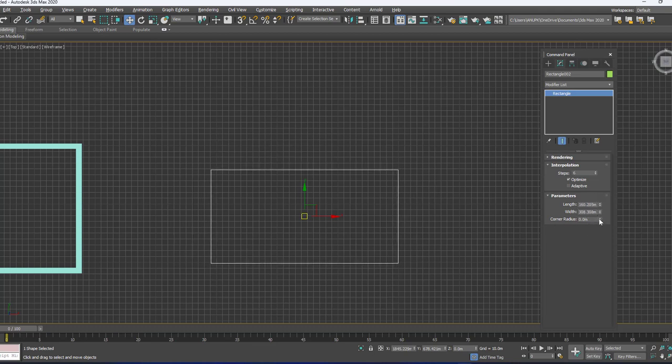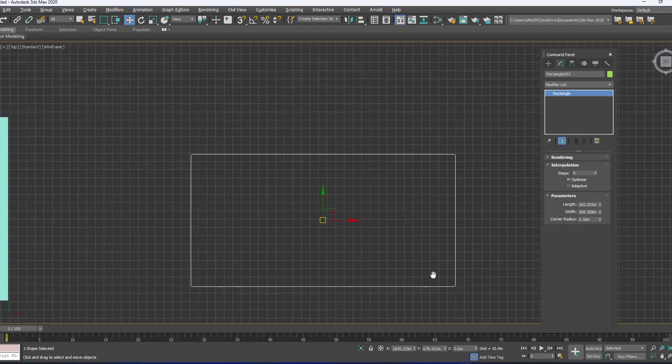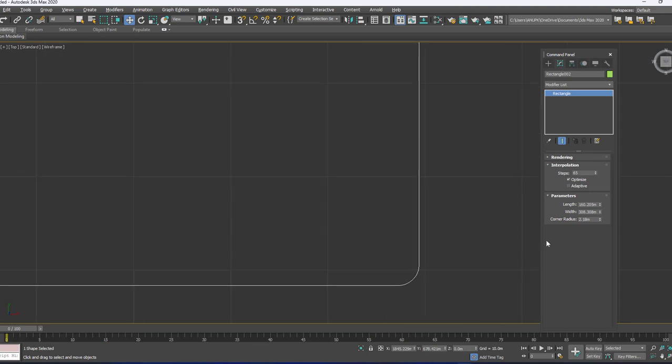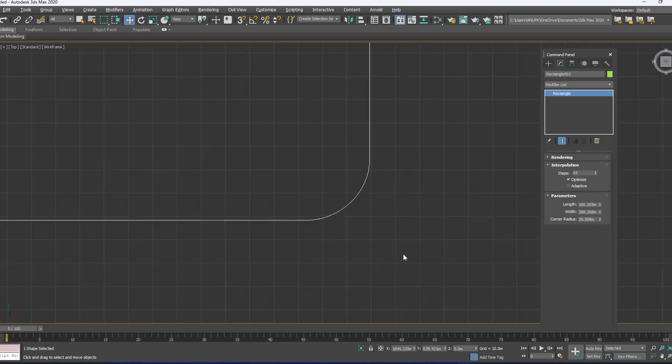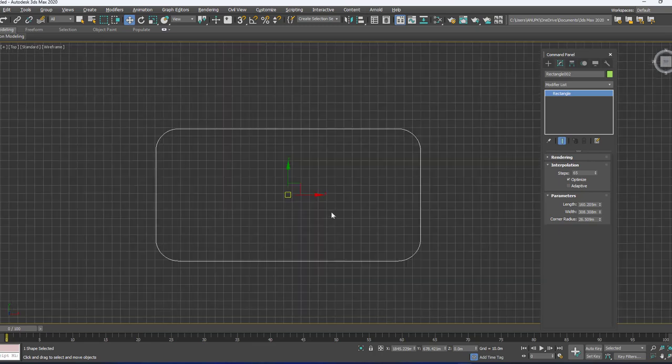We have the corner radius, so you can increase it. As I am increasing, the amount varies a little because of the interpolation. Along with this, you just increase the interpolation and also have a look here to get the smoothness to the corner. So this way you can change the parameters of the rectangle.